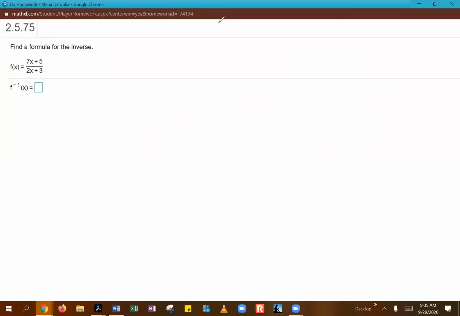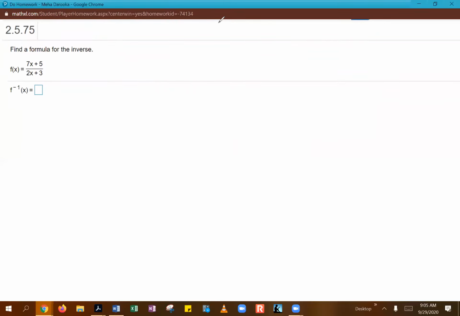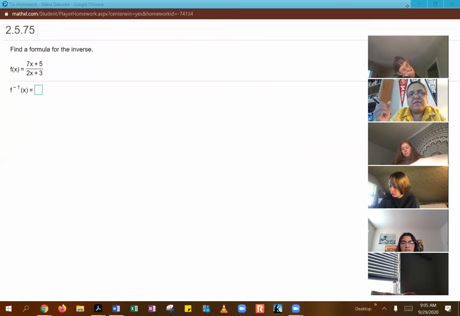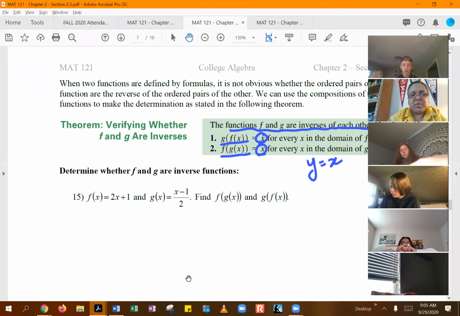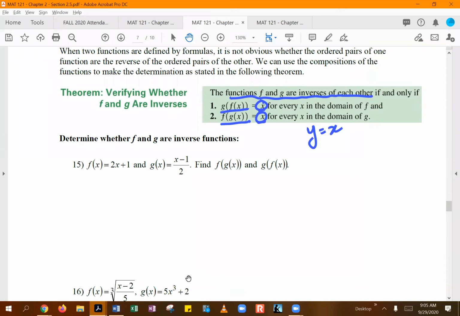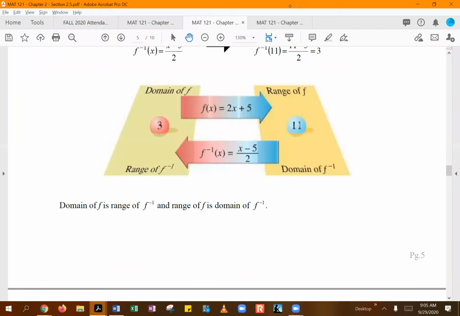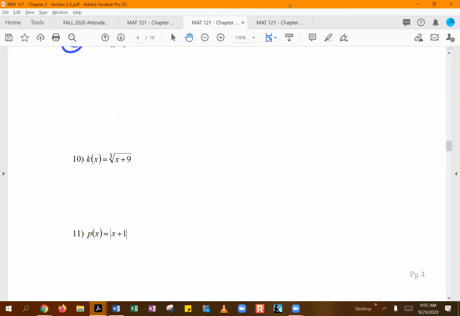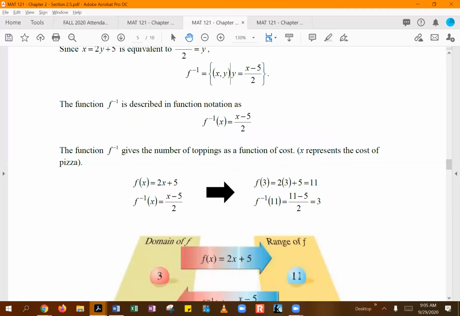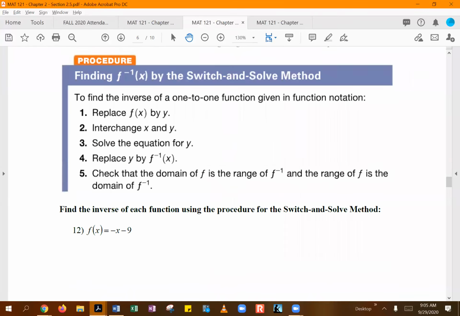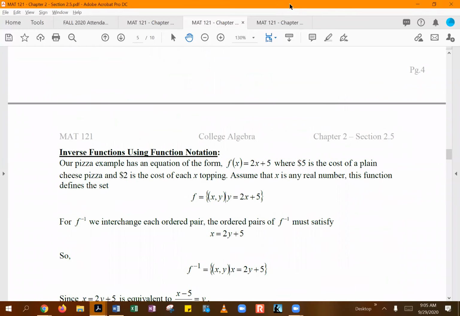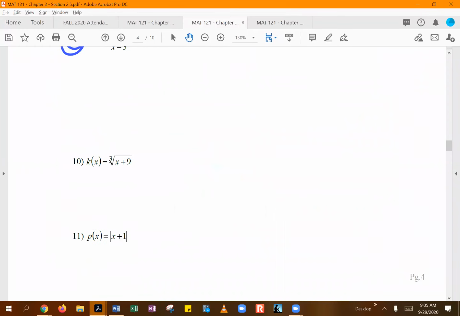So let's take a look at this example to see how we find our inverse when our equations are given to us in equation form. With a set of ordered pairs, we could just switch the x and y values and come up with our inverse function. But when they're given to us as equations, obviously our process is going to be a little bit different. So one thing I did want to point out before we get into that example is